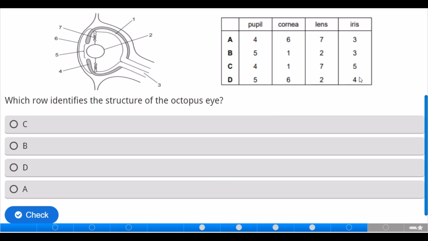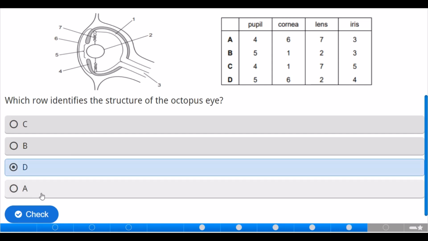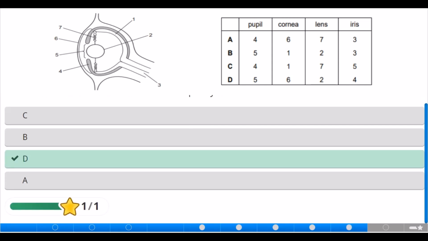Here, figure 4 is the iris. Let's check. It's figure 4, the iris, yes. Okay, 2, lens. Yes, this is the lens. 6 is the cornea, and then pupil, pupil number 5. So again for option D,